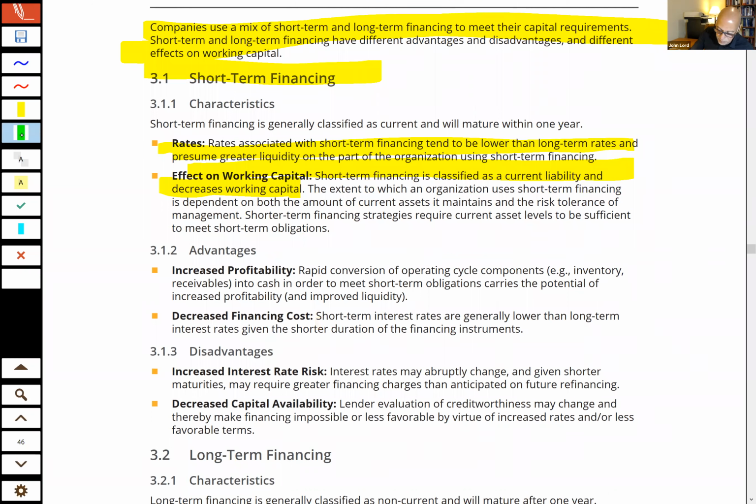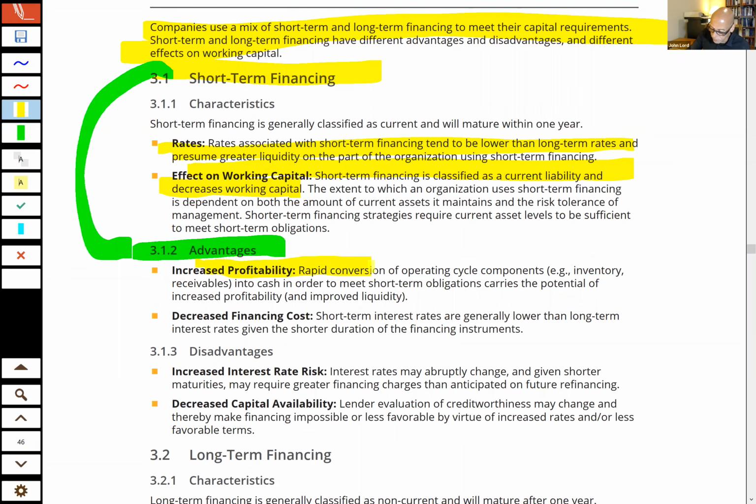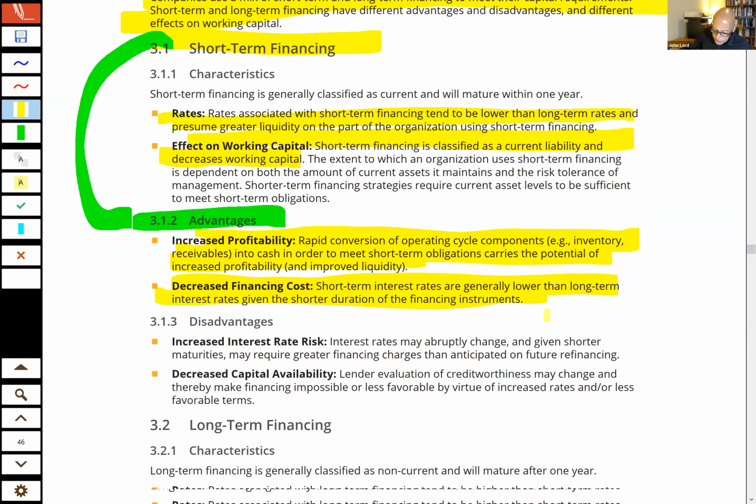Let's look at the advantages and disadvantages of short-term financing, and I want you to flashcard this because the examiners like to ask about advantages and disadvantages of short-term versus long-term financing, for example, which we'll look at in a minute. But let's just take a look at the advantages of short-term financing: rapid conversion of operating cycle components into cash in order to meet short-term obligations, and it carries the potential of increased profitability, lower interest rate, etc. And we can decrease our financing costs through the lower interest rates. Disadvantage,